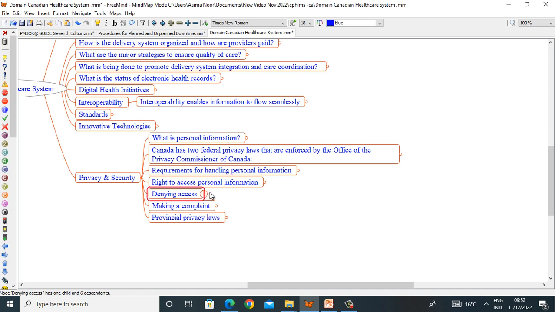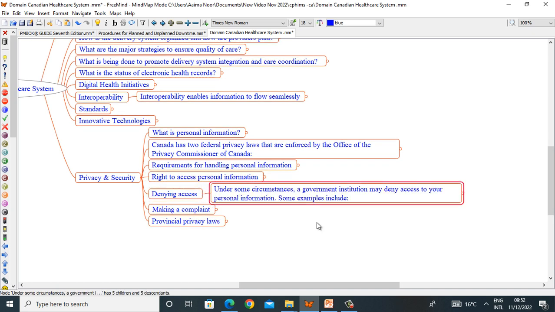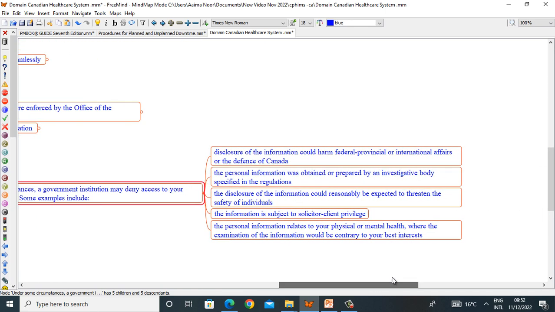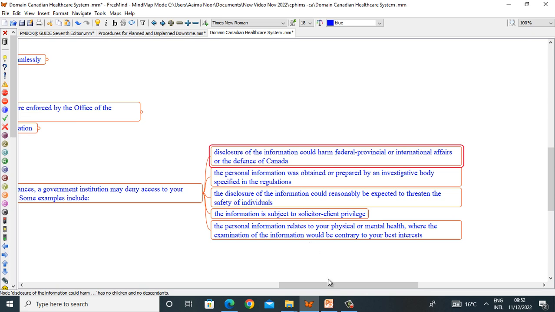Now let's see denying access. Under some circumstances, the government institution may deny access to your personal information. Some examples include: disclosure of the information could harm federal, provincial or international affairs or the defense of Canada; the personal information was obtained or prepared by an investigative body specified in the regulations; the disclosure of the information could reasonably be expected to threaten the safety of an individual;